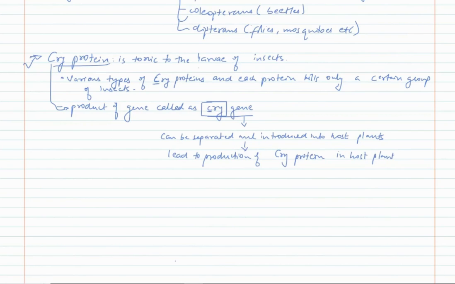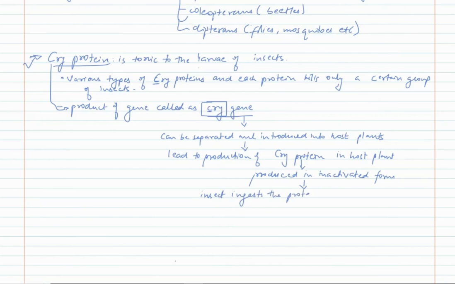This cry protein is secreted or produced by host plant in inactivated form. Now, when the insect will feed on the plant,